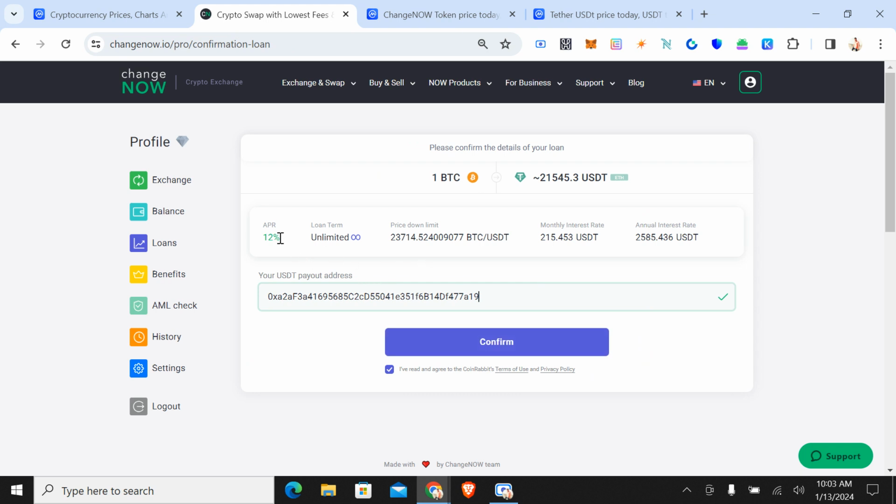Now please note that the APR is 12% and the loan term is unlimited. This is the best thing, there is no specific date where you have to repay this. This is the down limit and this is the monthly interest rate. Basically you will need to pay around 215 USDT for swapping one BTC to USDT as per the current exchange rate, and this is the annualized interest rate. So once I click on confirm over here,